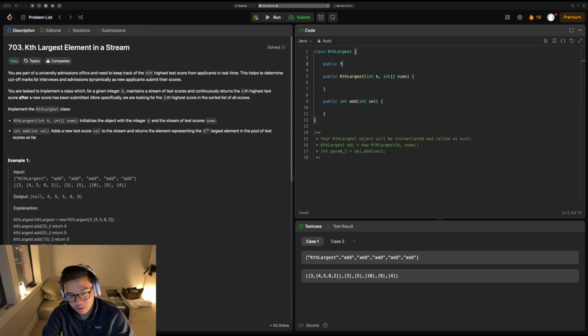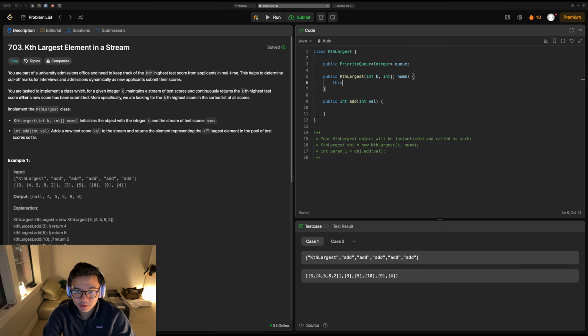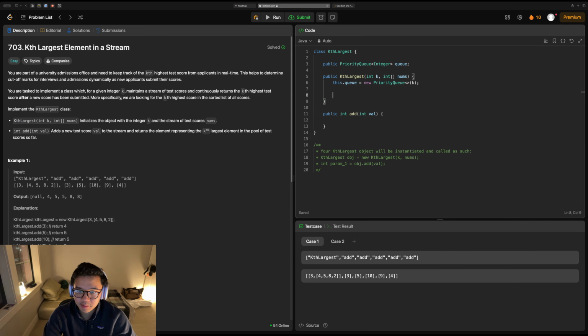So I'm gonna make a public priority queue. I'm just gonna call it queue. And then here, I'm gonna say this.queue equals new priority queue. And it's gonna be a min heap. And I'm gonna put k in there because we can reserve size for the priority queue by doing that. And then I'm gonna say for int num in nums,